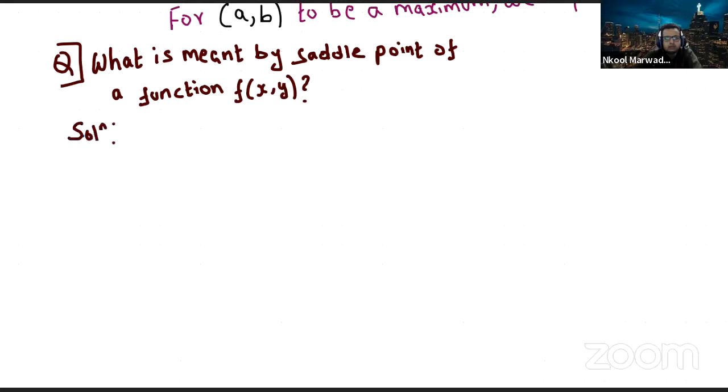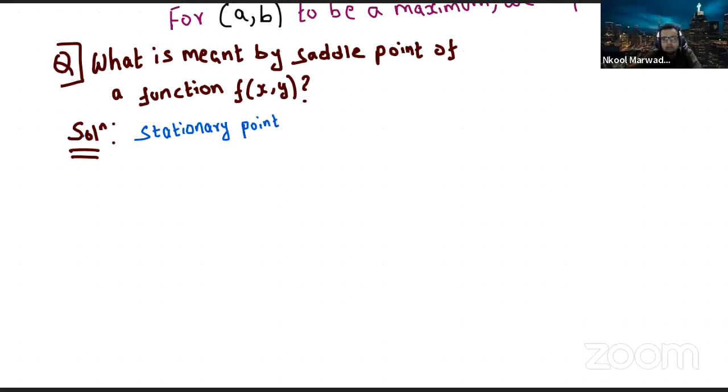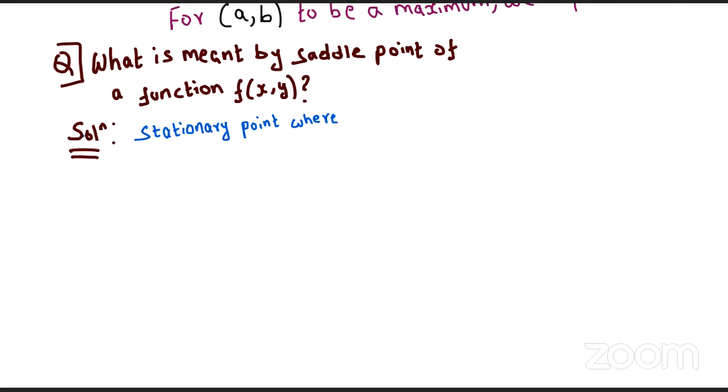Let us look into what a saddle point is. Stationary point. So a saddle point is a stationary point, isn't it? That is how we have to express it. We have to say that a saddle point is a stationary point where the function